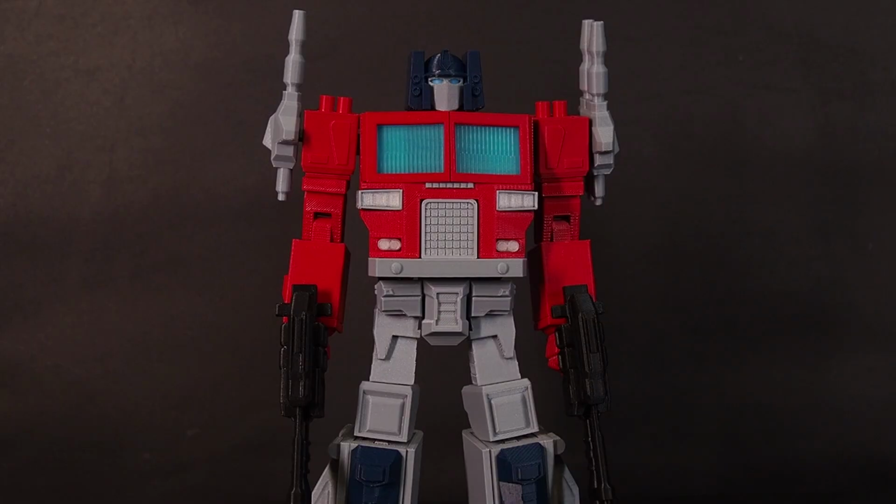Hello, this is a first look at my newest project, and as you can see it's a Powermaster Optimus Prime, and he is based on the Marvel comic version. As you can see, he now has blue eyes, and in the comic he has red eyes, so I will show you how to swap them, because